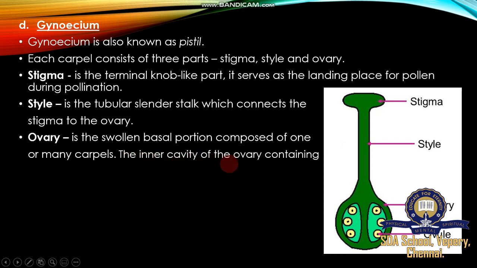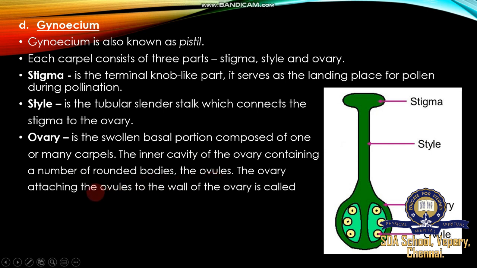The inner cavity of the ovary contains a number of rounded bodies, the ovules. The part of the ovary attaching the ovule to the wall of the ovary is called the placenta. The ovary is an important part of the flower, because the ovary matures to form fruits and seeds. Fruit-bearing plants, seed-bearing plants